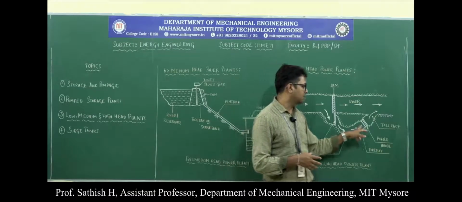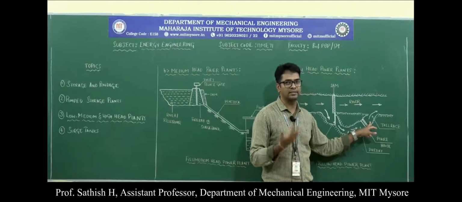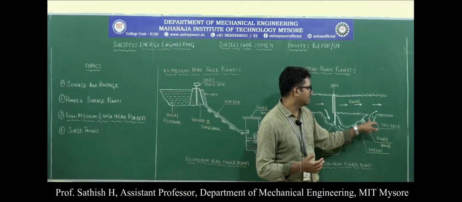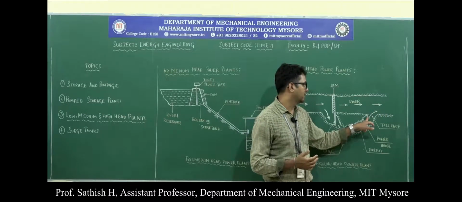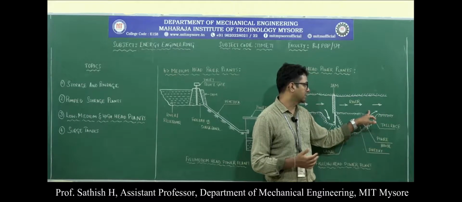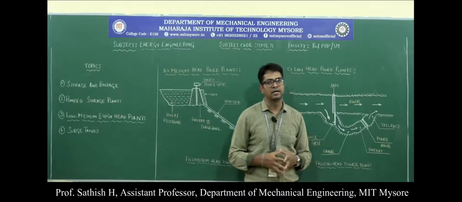After the water passes through this powerhouse, or the turbine, which is normally a Kaplan turbine, it again rejoins the river. Here we have a tail race. After the tail race the stream is connected to the main stream of the river here.